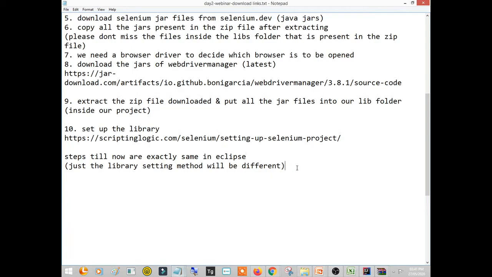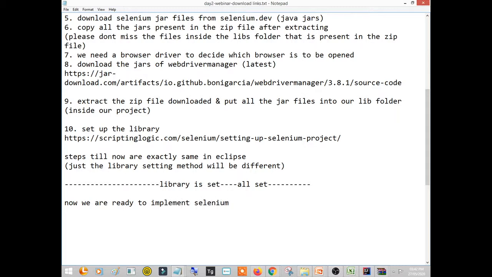Library is set now, and all set. Now we are ready to implement the Selenium automation framework.